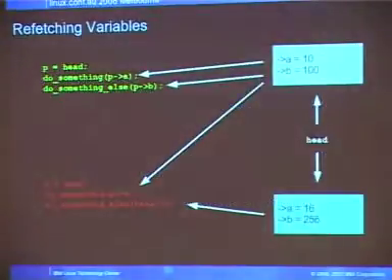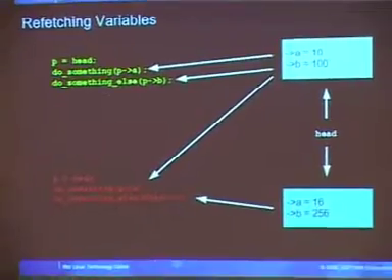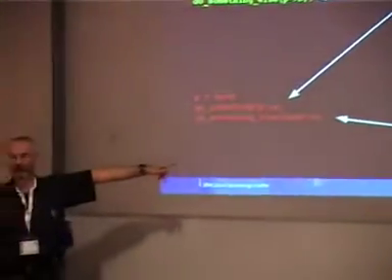So pictorially, we have something like this. The green code is doing it right. The red code is doing it wrong. We've got 2 different structures. Head points to the one on top at the beginning, and then while we're doing this code, it switches to the one on the bottom. If you fetch the pointer only once, you're guaranteed to see either one or the other of those structures, and you'll get A and B from the same structure. But the compiler is totally within its rights to do this with the current standard. If it decides to compile it like this, you might get A from the first structure and B from the second structure.